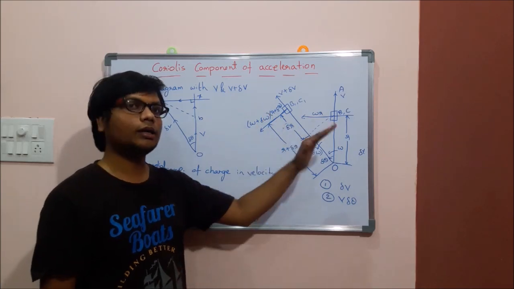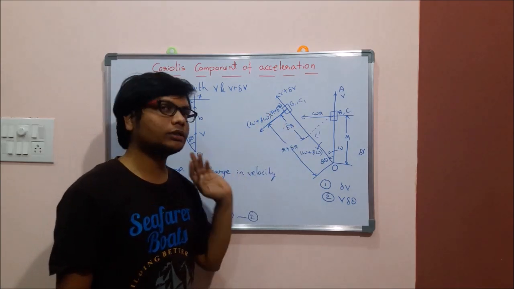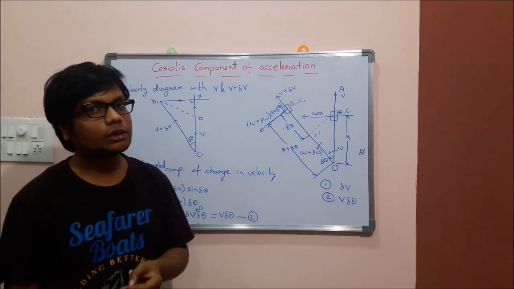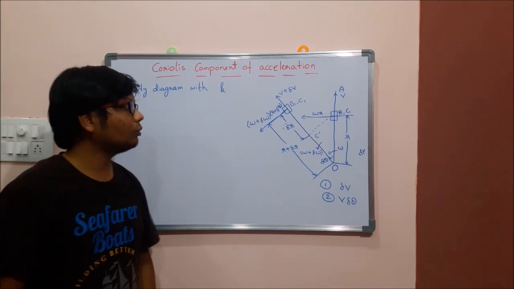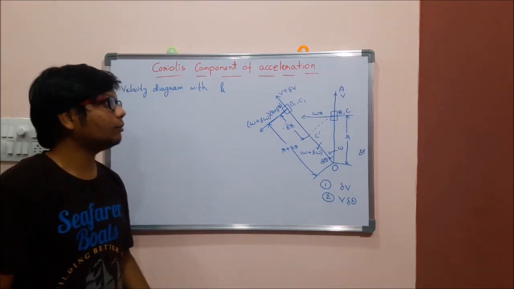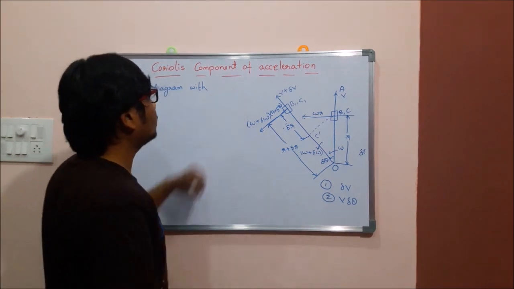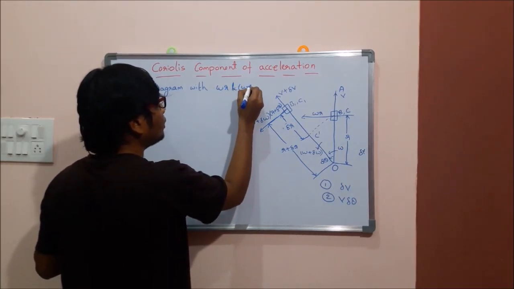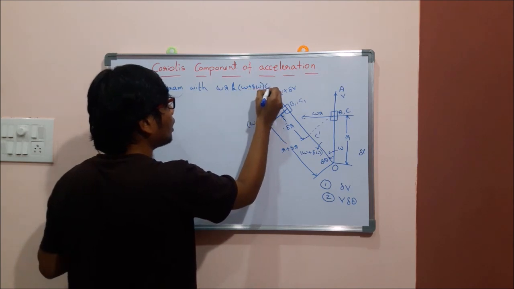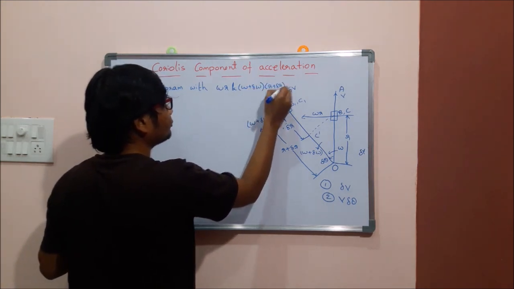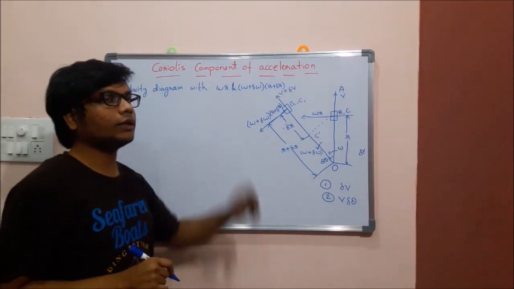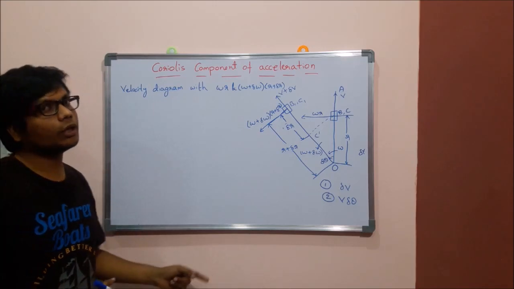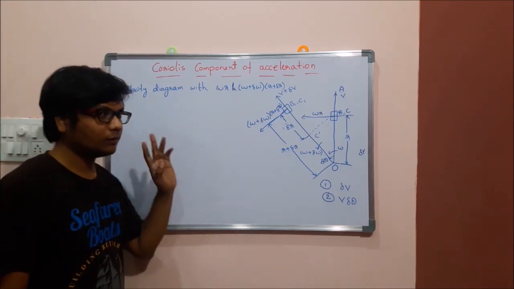and omega plus delta omega into r plus delta r finally. So with respect to these two velocities, again we try to find the two components. One is the radial component of change in velocity, the other is the tangential component of change in velocity. Now we need to consider the velocity diagram with respect to what here. The next velocities, initial velocity is omega r and final velocity is omega plus delta omega into r plus delta r. So when you consider these two initial and final velocities, what is the change in velocity in the radial and the tangential direction, that we can identify again with reference to the velocity diagram.